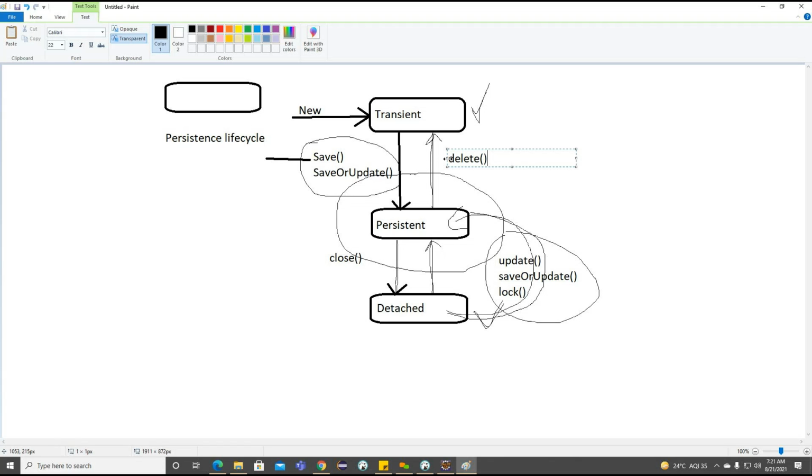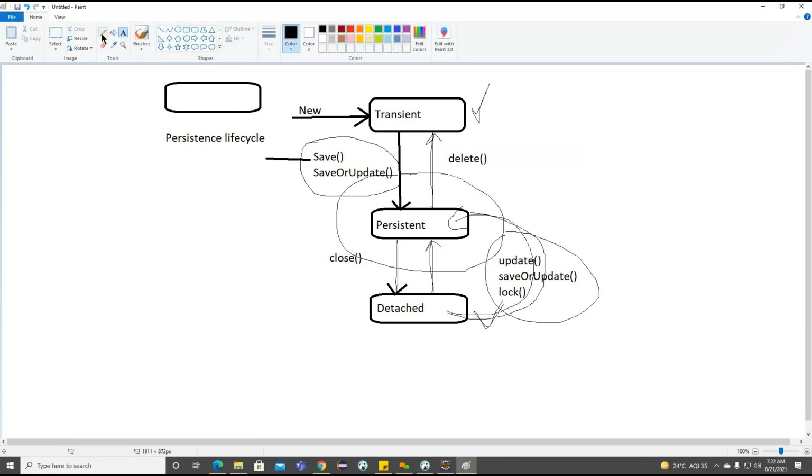How are we going to delete? With the session.delete method, the current object is deleted from the session. Again, it will go back to the transient state. This is very important.